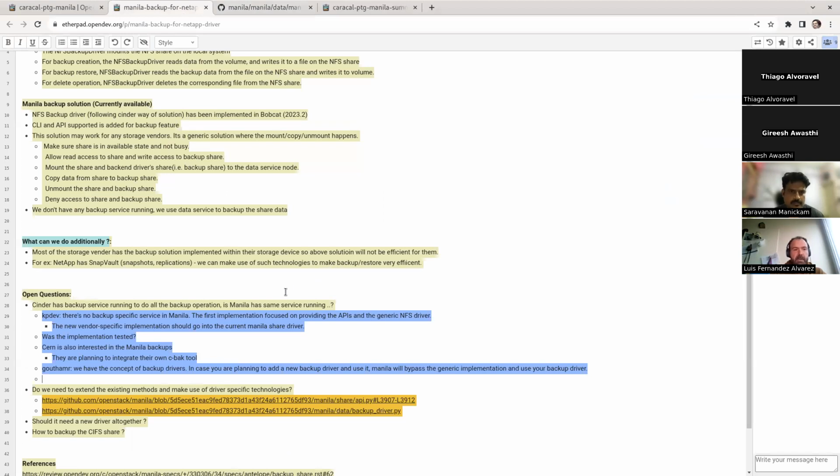Yeah, and then just another comment comparing Manila and Cinder. The only operational issue I would say here is that, if I understand correctly, all the functionality will be within the same service. So if for some reason you want to scale the backup agents in a different way, as you could do with Cinder, it's something that with Manila you couldn't do at the moment. It's a start, but